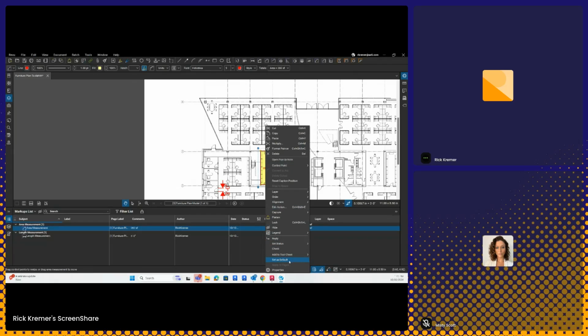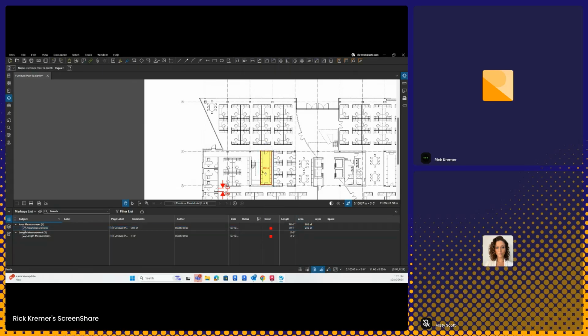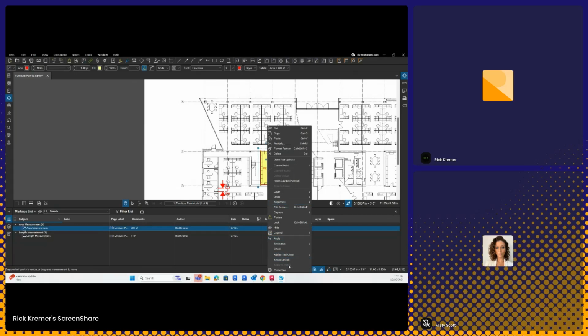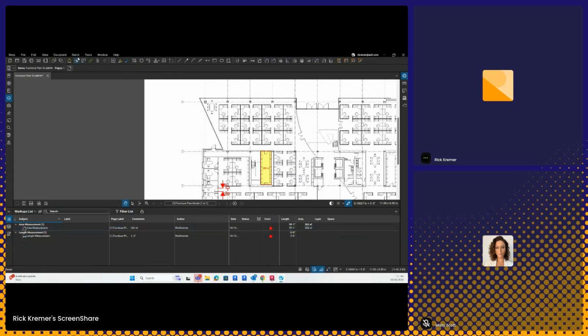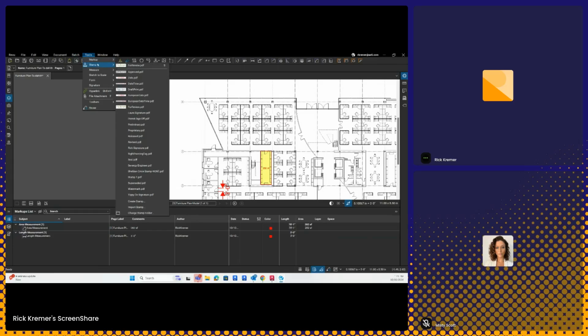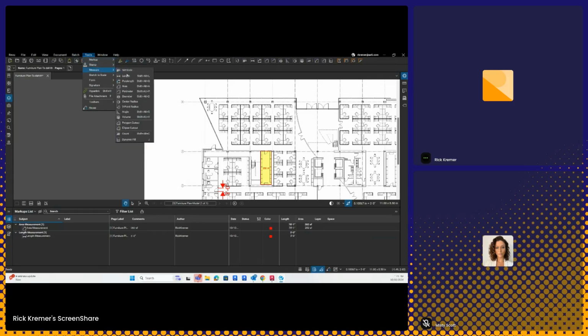This is kind of like an easy way to set up your markups just for default use. Like I always want them coming in yellow. Give it a new name. So over here, change the properties as you like. Over here, set as default. Now, when I go over here to tools, measure area,